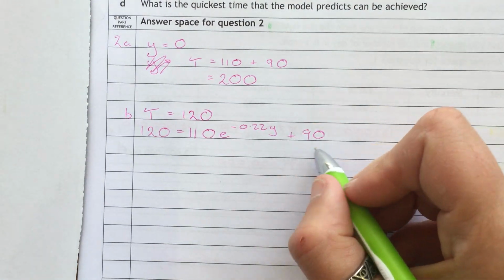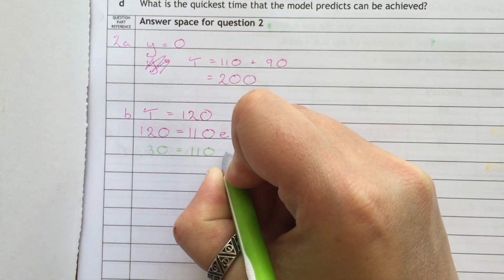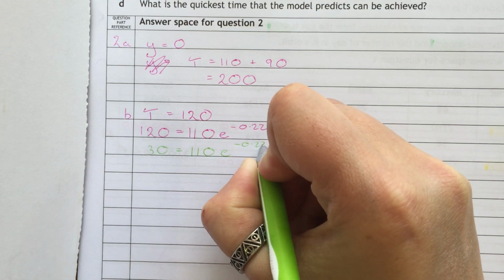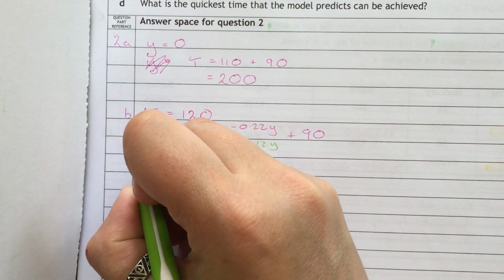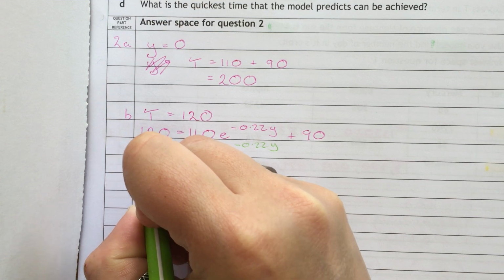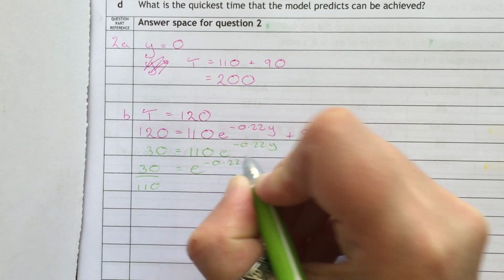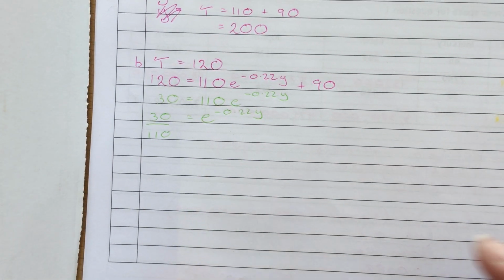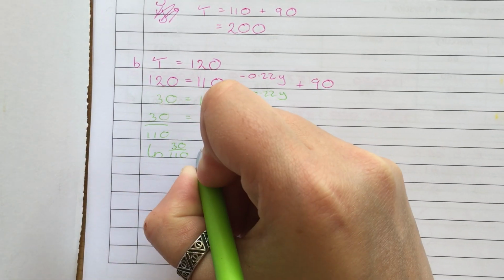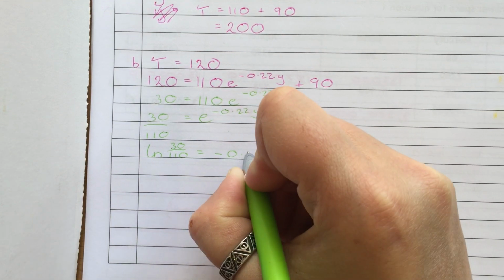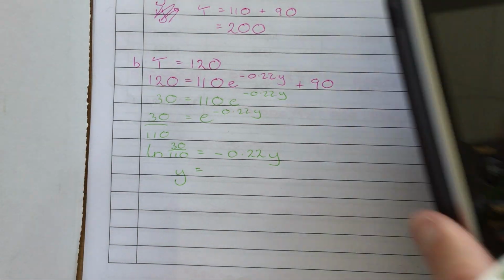So if we take the 90 off, we end up with 30 is 110 e to the minus 0.22 y. We can then divide by this 110, and we'll end up with 30 over 110 equals e to the minus 0.22 y. If we then ln both sides, we've got ln 30 over 110, and that will be equal to minus 0.22 y. So y equals